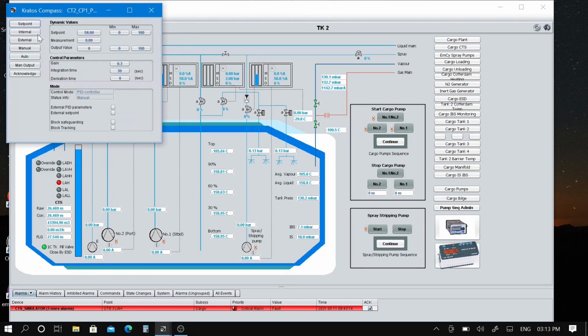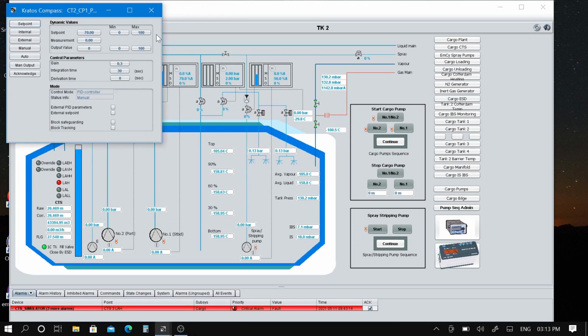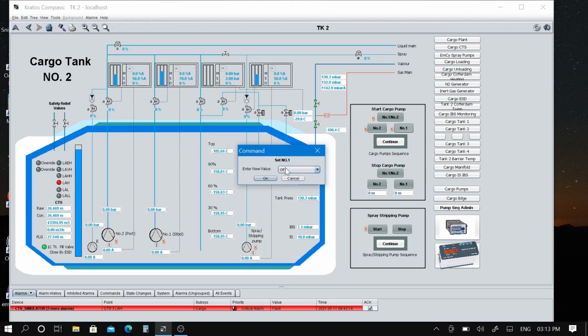So I will increase the load of the cargo pump to 70% and I will start, say, number 1 cargo pump.